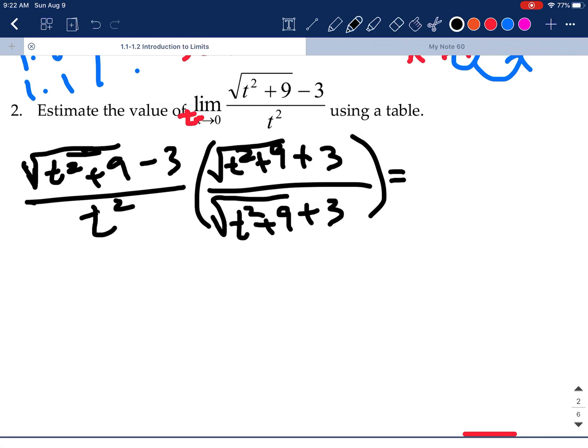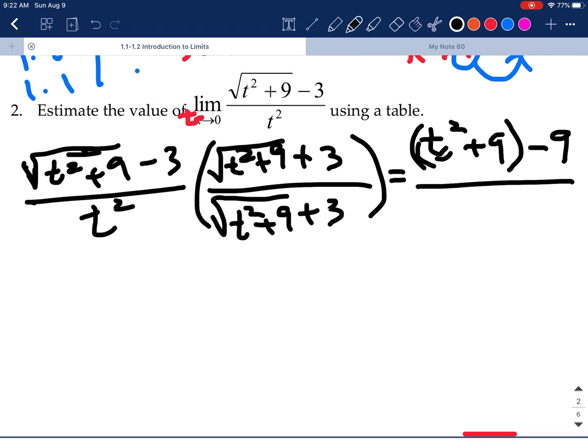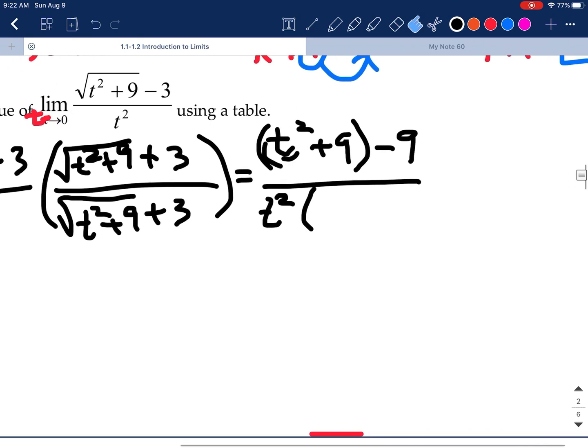So the radical t squared plus 9 times itself will simply give us t squared plus 9. And then -3 times +3 would be -9. And then this will be all over t squared times the quantity radical t squared plus 9